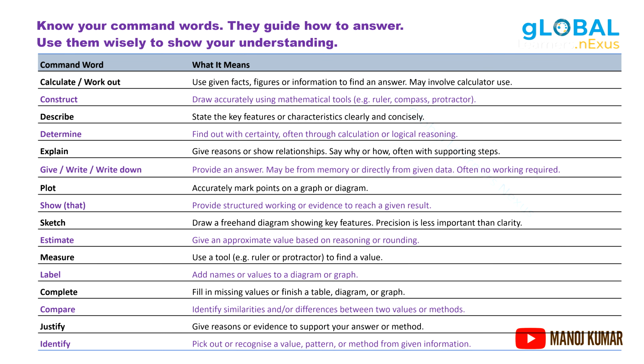Each question in your IGCSE 0580 mathematics paper begins with a command word that tells you exactly how to respond. Whether it's calculate to work out an answer, describe to highlight key features, explain to walk through your reasoning, or justify to present a clear argument, these words are your roadmap to full marks. Invest time to learn and categorize the most common command words: recall, state, name, apply, calculate, determine, explain, show, illustrate, and evaluate, compare, justify. This categorization not only sharpens your focus but gives you the confidence to tackle any question